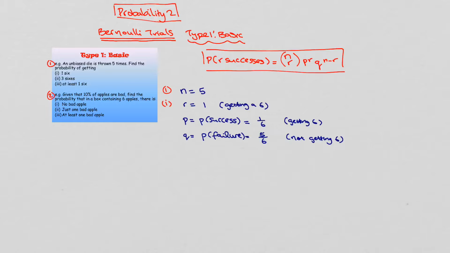So the first one then is we're trying to find the probability of getting one 6. So it's n, which is 5, choose r, which is 1, times p, which is 1/6, to the power of r, which is 1, times q, which is 5/6, to the power of n minus r. Well, n is 5 and r is 1. So we just need to use our calculator. Remember, your nCr button on your calculator is what we're using here for 5 choose 1. And if we put that into our calculators, we're going to end up with